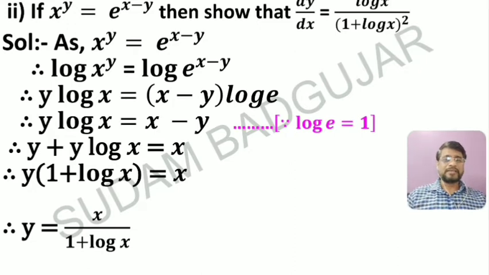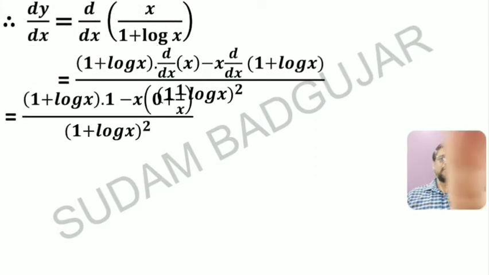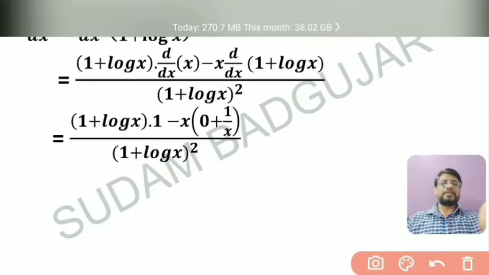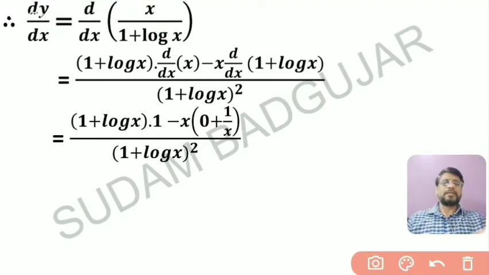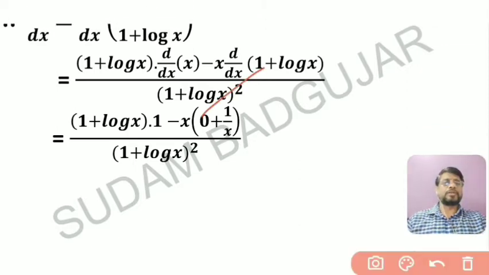So differentiating this, you will get dy by dx. How to differentiate this? By the u upon v formula. So differentiating on both sides, you will get dy by dx equal to the derivative of the RHS. Here keep 1 plus log x as it is, into the derivative of x, minus x into the derivative of 1 plus log x, right. So it becomes 1 plus log x into 1 minus x as it is, into bracket derivative of 1 is 0 plus derivative of log x is 1 upon x.